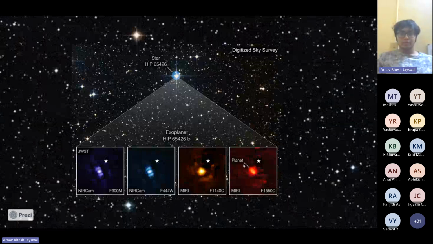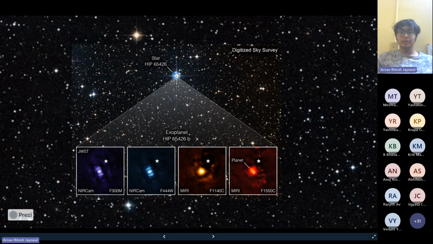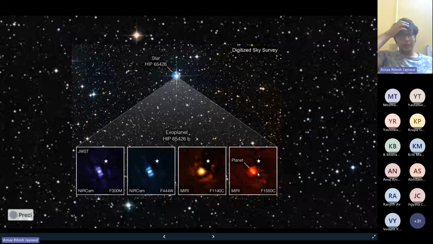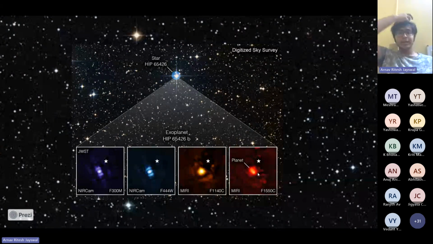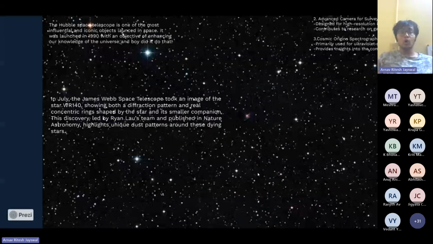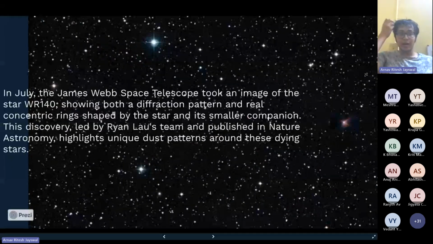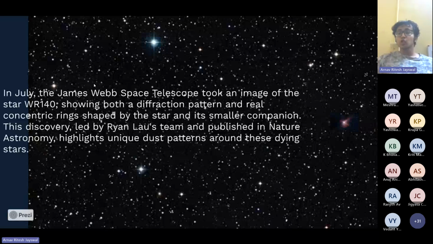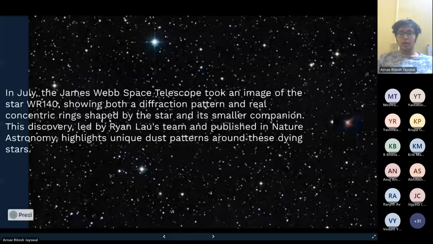Then this is also another interesting fact. In July, the James Webb Space Telescope took an image of this star. It showed diffraction pattern and these concentric rings, which were shaped by the star and its companion. So there are these dust patterns which they studied. You'll actually learn a lot more about these dust patterns in some of the future courses, probably about CFIDs and stuff. But they observed these dust patterns and diffraction patterns in this star, which led to a lot of new